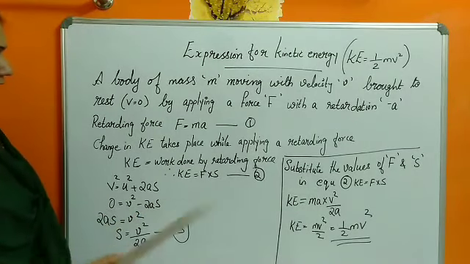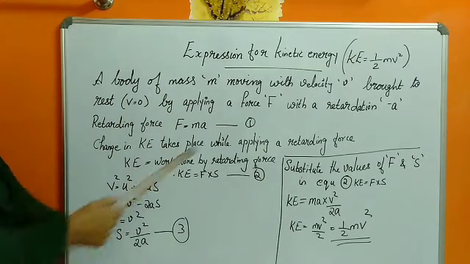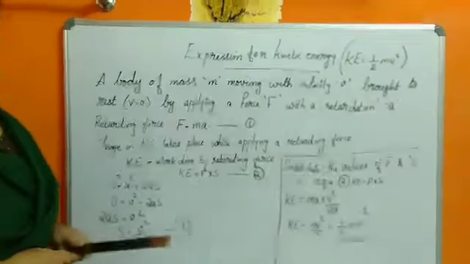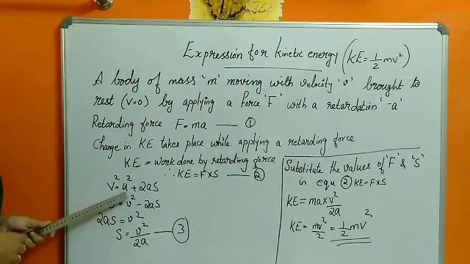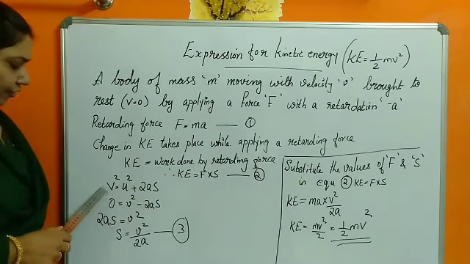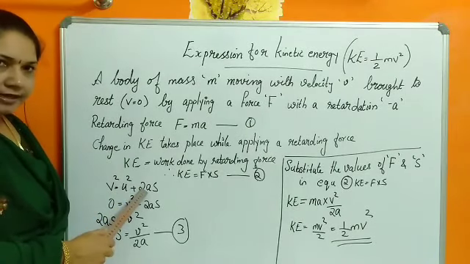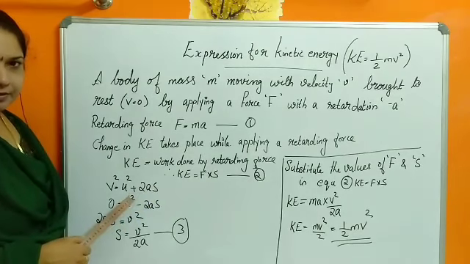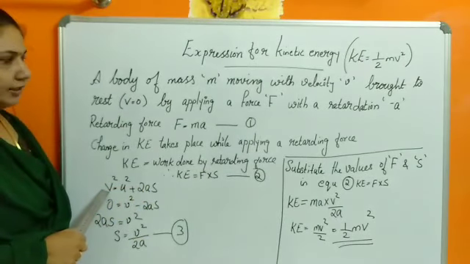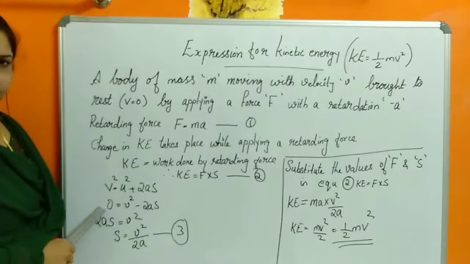Now we are applying the values according to this sentence, that is, a body of mass m moving with a velocity v. So the initial velocity of the body is given as small letter v. Normally, v square is equal to u square plus 2as. Here, v is the final velocity, u is the initial velocity, a is the acceleration and s is the displacement, which we have studied in class 9. Here the final velocity means the car comes to a stop by applying the brakes, so instead of v, I just write 0.